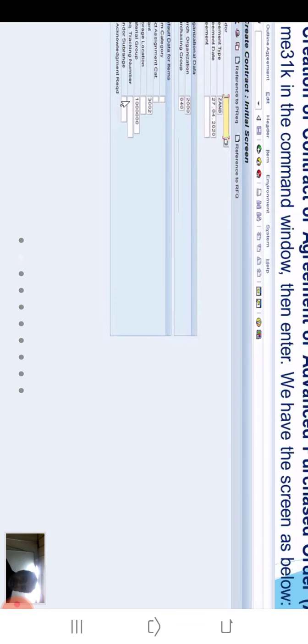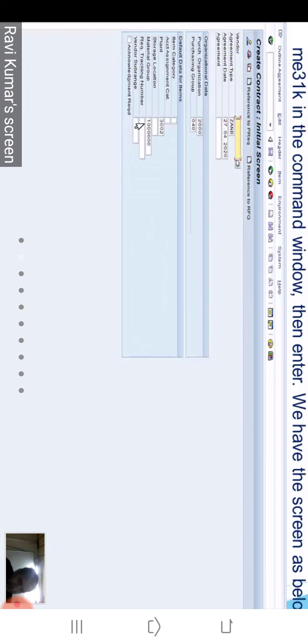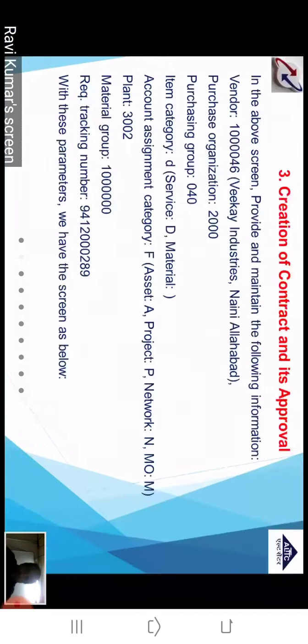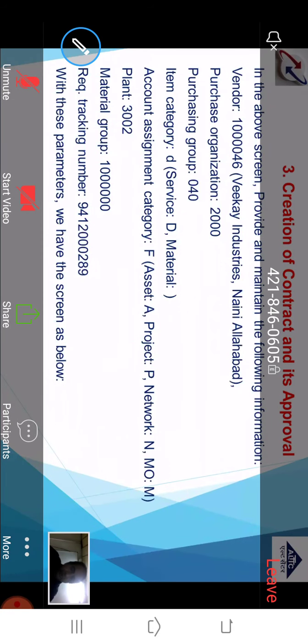And apart from these parameters, we have to maintain item category over here, then account assignment category, and then storage location, and of course the requirement tracking number if you want, although it is not required. As a whole, I have shown you all the parameters over here.